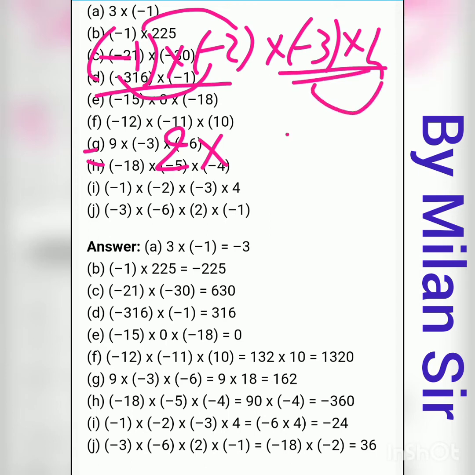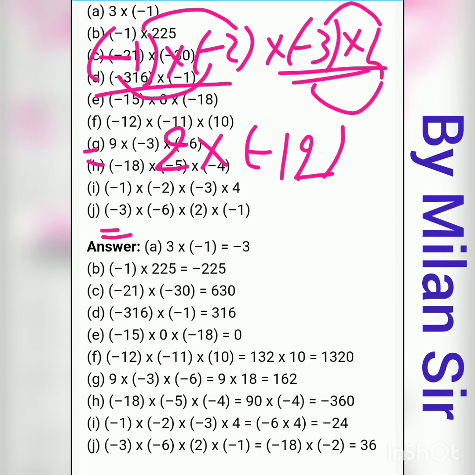First of all, 4 3s are 12. 4 has a positive sign, 3 has a negative sign, so plus minus minus 12. Now again the multiplication process is there, so first of all we need to multiply these two numbers.